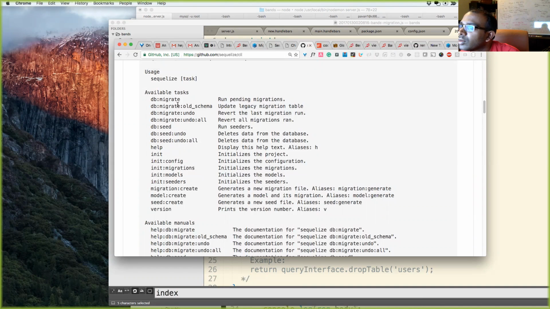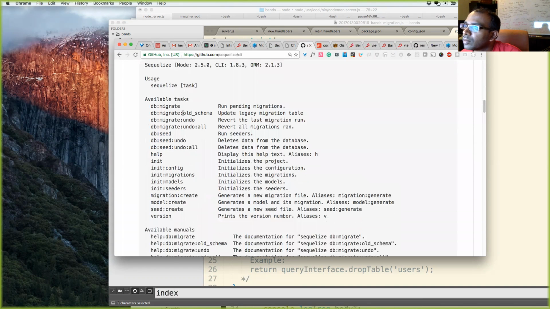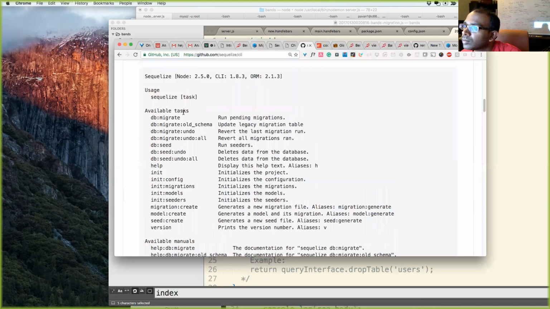So I can do, we said bug load, bug create, and we create the migration to match that bug create, right? Yeah, exactly. You're going to do sequelize migration create, and then you could add a column into your bands table, or change a column name if you needed to. And because that change is inside of a file, and you push that file up, and people run sequelize db:migrate when they pull in changes, they'll get the database changes that you make on your database.